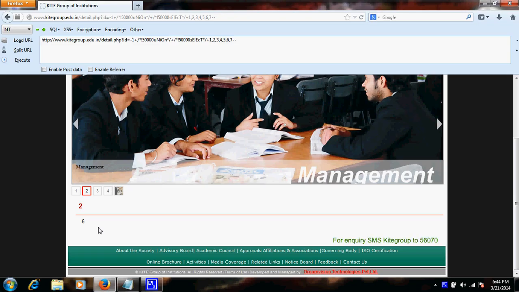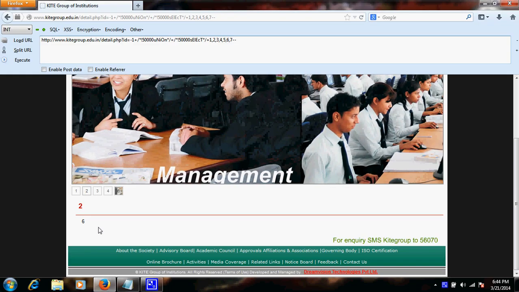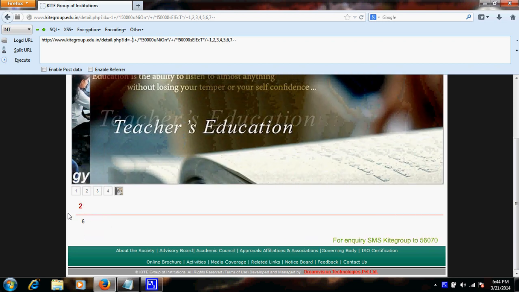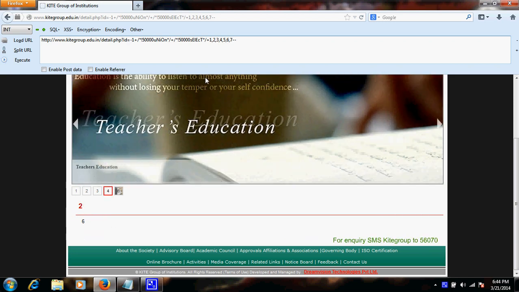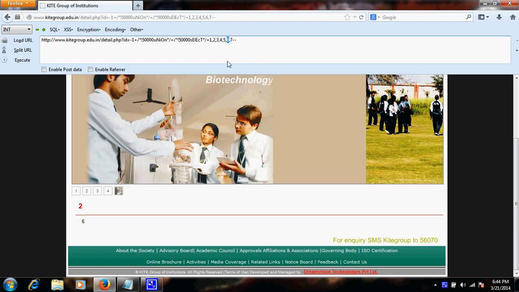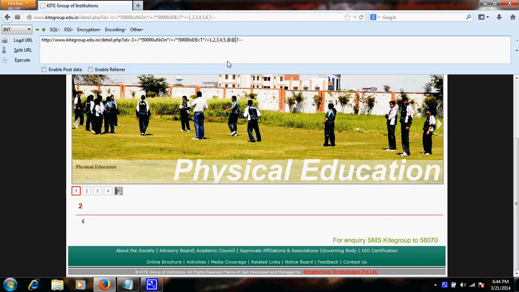We have simply bypassed this query, which is not such a big deal, and this is the way through which we are going to retrieve the information. So column number 2 and column number 6 are vulnerable. I can use either column number 2 or 6, it's up to you guys if you are bypassing the query this way. Let me choose column number 6 to get some details about the user.